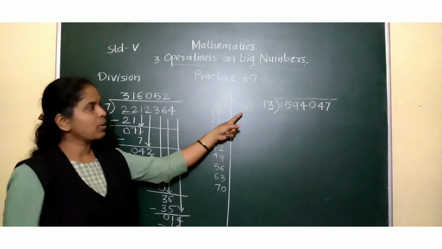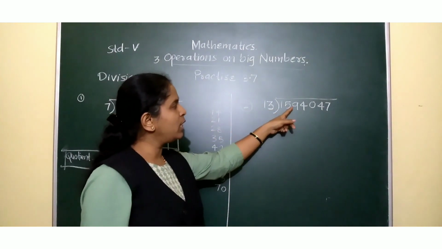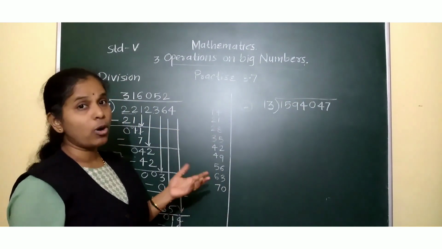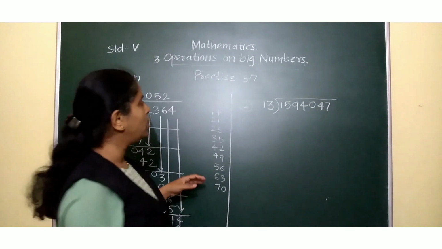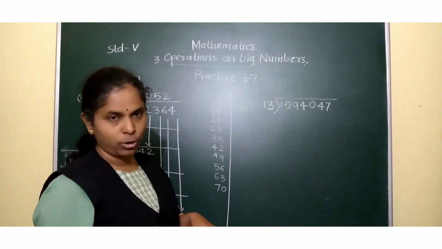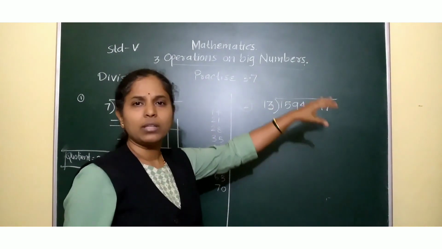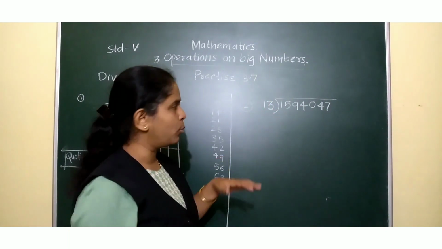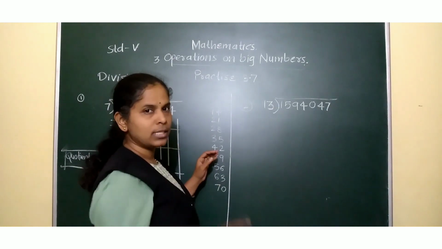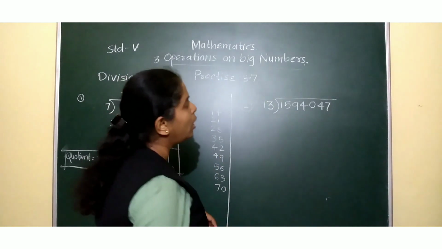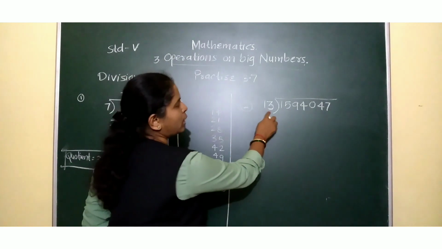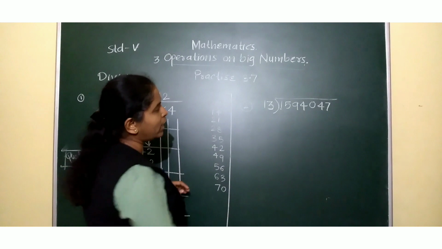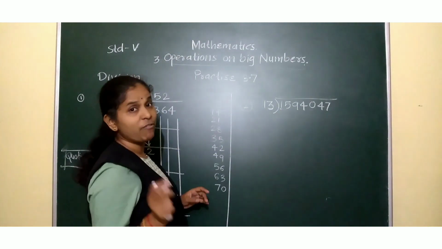Now next see. We have to divide this 15,94,047 by 13. Now for that which table do we want? 13's table. So if it is possible for you, you can write 13's table in one corner of your notebook. Okay, and from that you can see the numbers which are closer. Now see, here also, here 13. Can we divide this only one digit by 13? No. So take these 2 digits. Okay, it became 15 now.